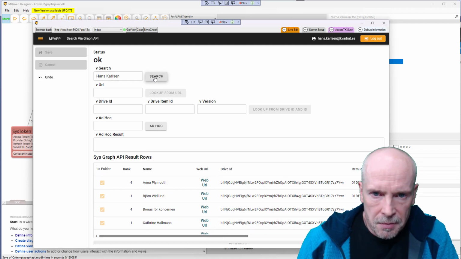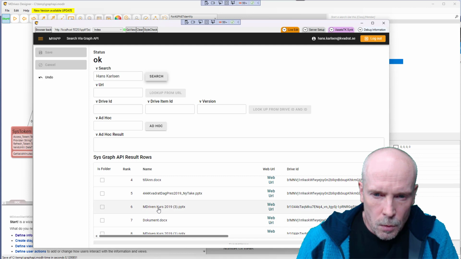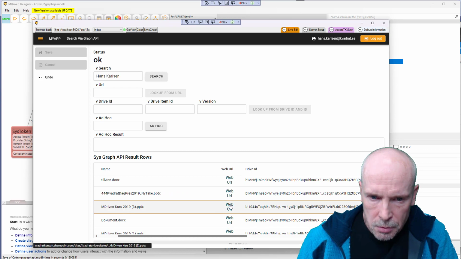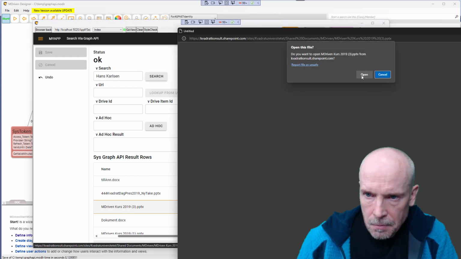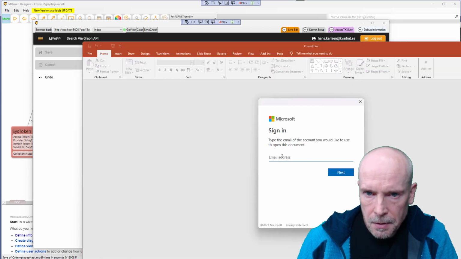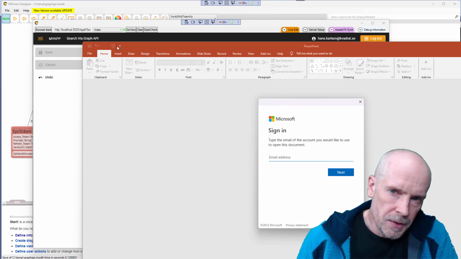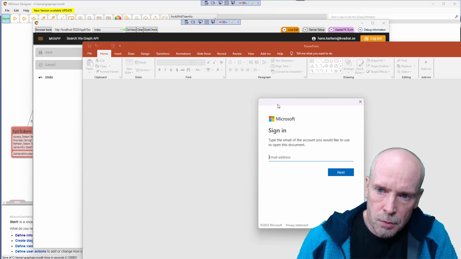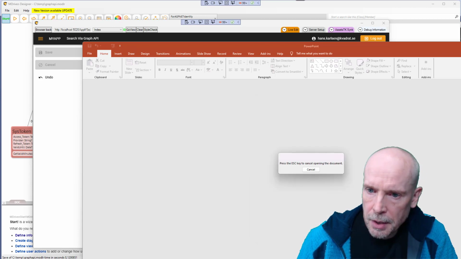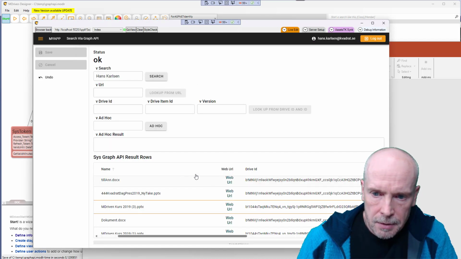If I search on myself again and take maybe this document, select that one. If I were to open that, it opens up in SharePoint. That's fair. And apparently SharePoint wasn't logged in, and that's because this PC that I'm on now is not logged in with this organization. It's only the web browser. So I could do that if I wanted, but I'd rather not at this point. So I'm gonna just skip that, and instead